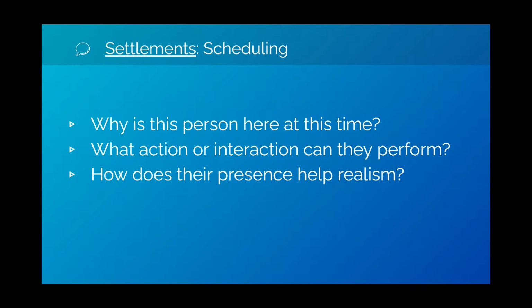This is where scenes come in. If you have someone go to the marketplace, it's because they need to buy something. So it's an opportunity for a scene between them and the vendor. That kind of interaction brings realism to your world because now people have a reason to go places. They have a shopping list, they have a to-do list, and they therefore become people and not just moving objects that you have to track down.